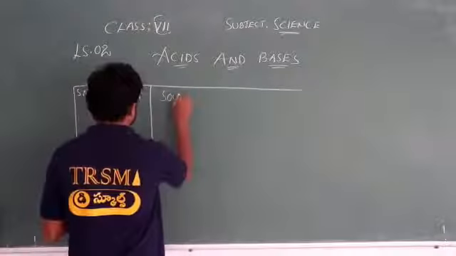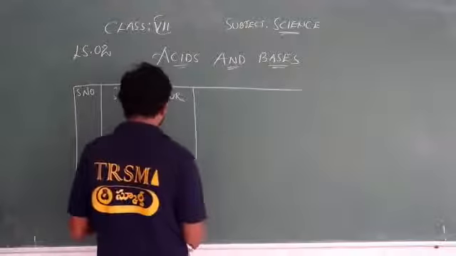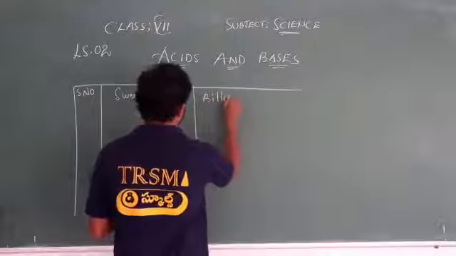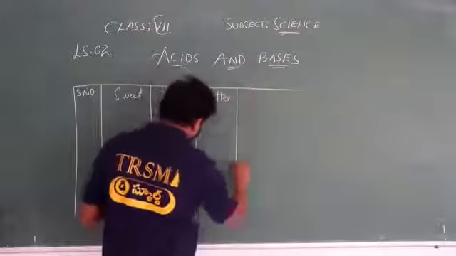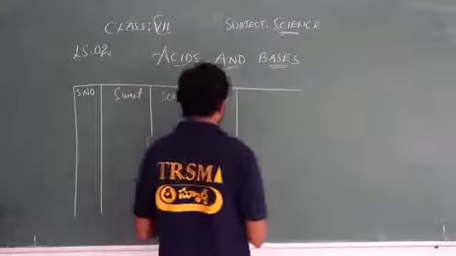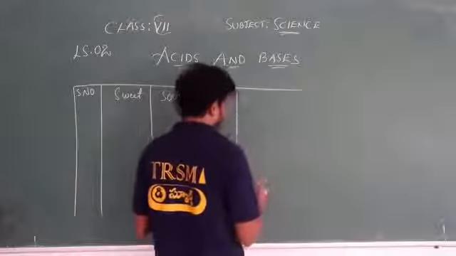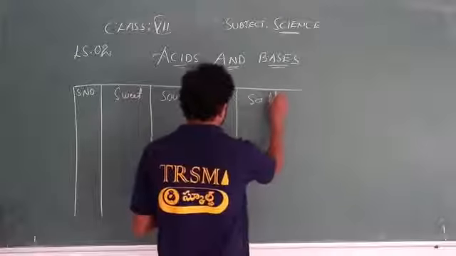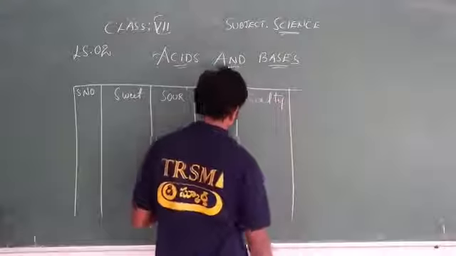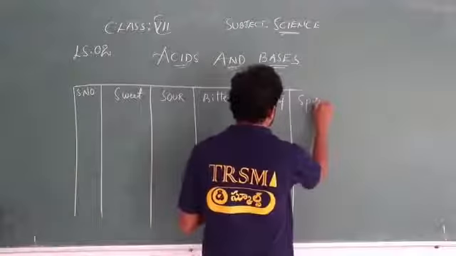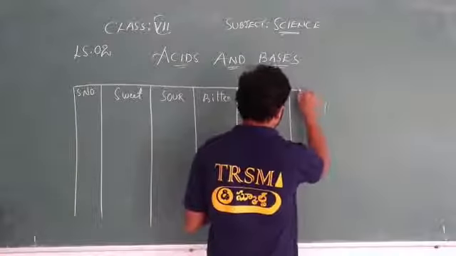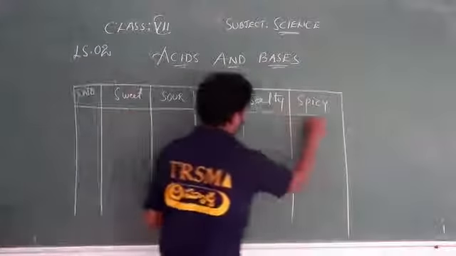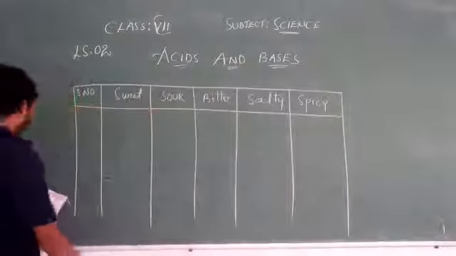sour substances. As I told you, we have different substances present around us. We are very familiar with all those, but maybe we do not know which substance is an acid and which is a base. Let's find out, first listing out all these materials. After that we will find out which is acidic and which is basic. So like this, make a tabular form. This is the tabular form that I have made.